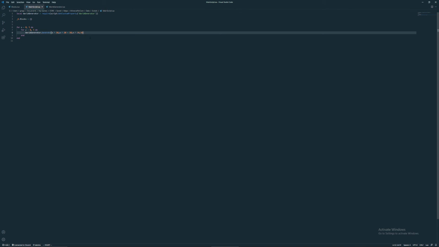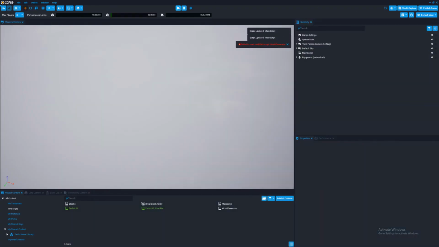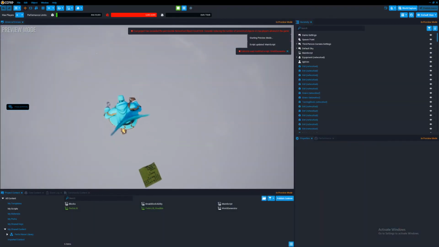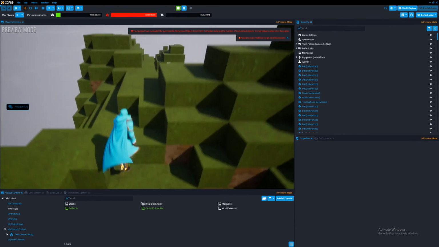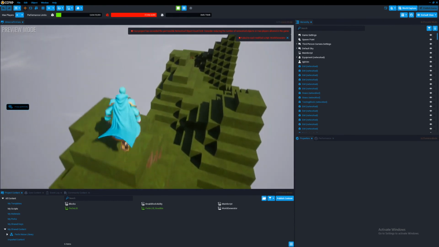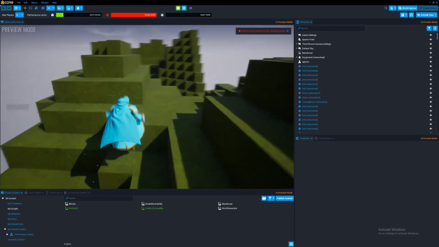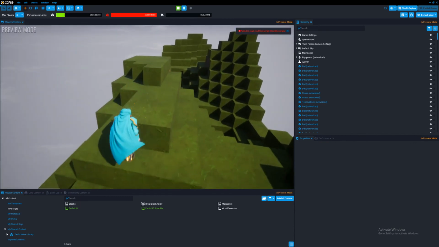And then once again, y times 10. And this should be y here. Now we should have a bit different, but better spawning rate. So now it actually spawns in chunks and also